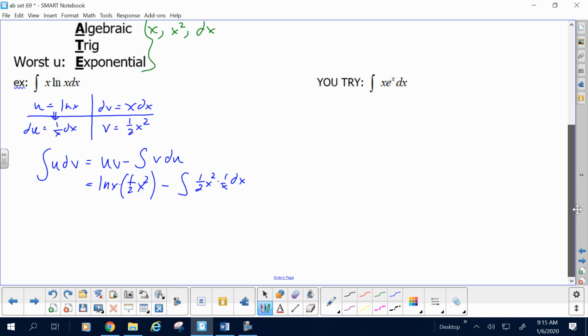Now the whole point is you're supposed to get a better integral. Do you? What's the new integral when simplified? 1/2 x. Is that easier to integrate than x natural log of x? Well, yeah. All right, so if we integrate that,